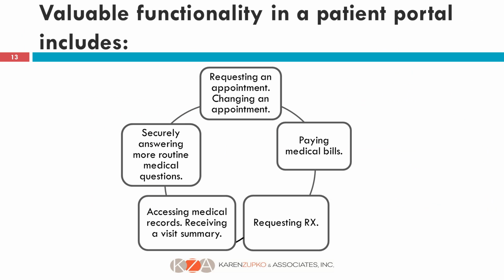I had one office, a big ENT practice. It was exactly 22 steps round trip between the greeter's station and the fax machine. So we don't want to be doing that, or the copier. Boo, boo, boo. So you've got your patient portal pluses, and my job is not to train you on all